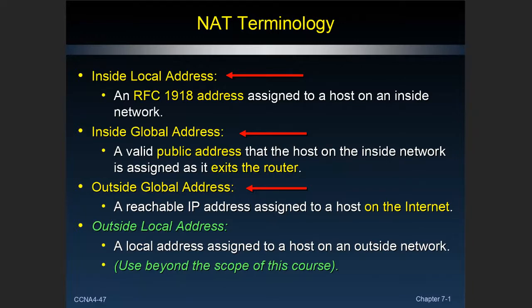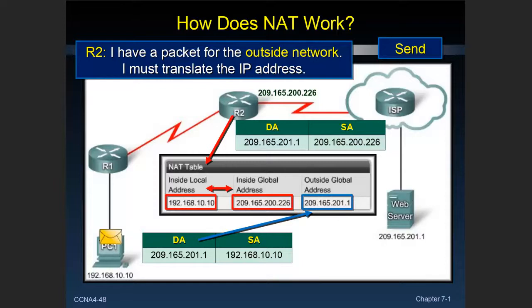So if you have a cable modem and you have 12 devices at home, you appear to the outside people on the internet as one very, very busy host with 12 things going on at the same time. The outside global address is the address that the internet host has. When you go into your web browser and go to netacad.com, the DNS service looks up the actual globally unique IP address for netacad.com, and that's the outside global address that you see. And outside local addresses are beyond the scope of CCNA, so don't worry about this.